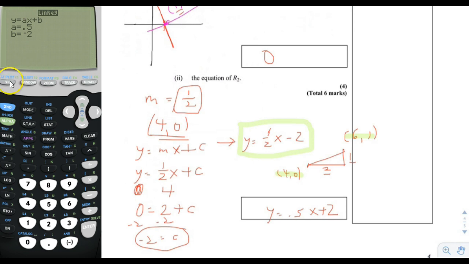Now that we have the equation for the line, we could even graph it and make sure that it's right. So we're going to put here 0.5x minus 2, and then we'll graph it. And don't worry if it doesn't look exactly perpendicular sometimes, because the screen for the calculator is wider than it is tall, so it doesn't look perpendicular, but in this case it is. So we can just check to see if it's basically the right answer. And you know, one thing you could do is you could check to make sure that, hey,